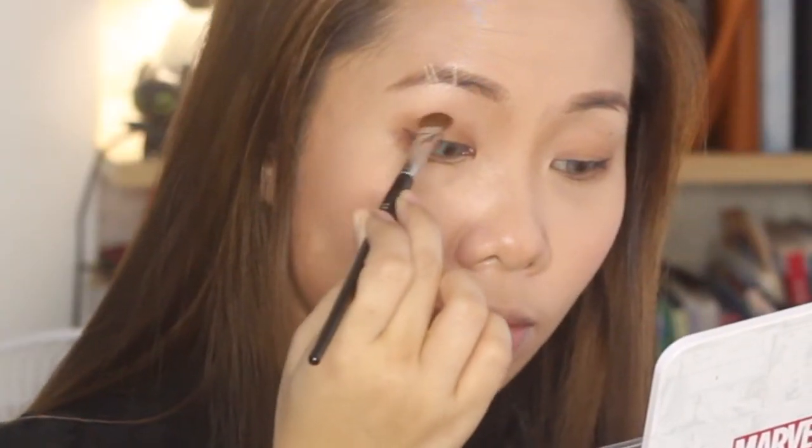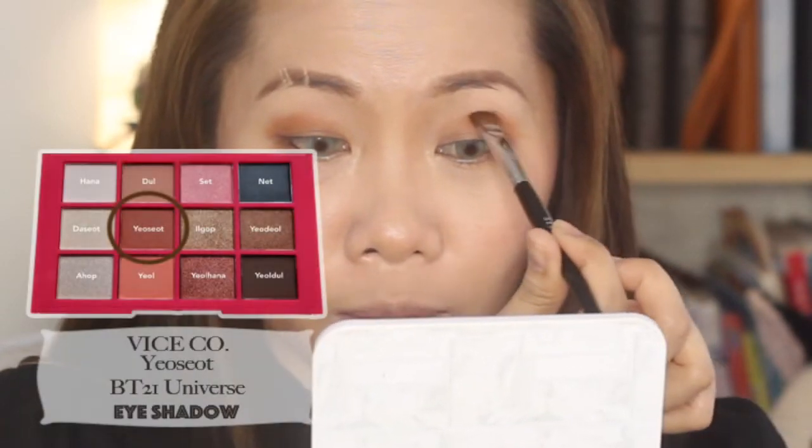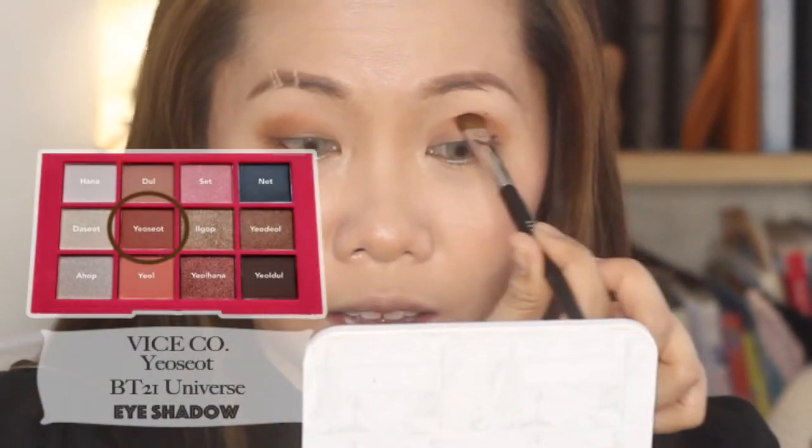A reddish brown eyeshadow to the outer corners and on the bottom, and I'll be using, I don't know what brush to use. I think I'll just go with this Sephora Pro Shadow number 14 and this one from Vice Cosmetics. Then I'll proceed with my next step, which is